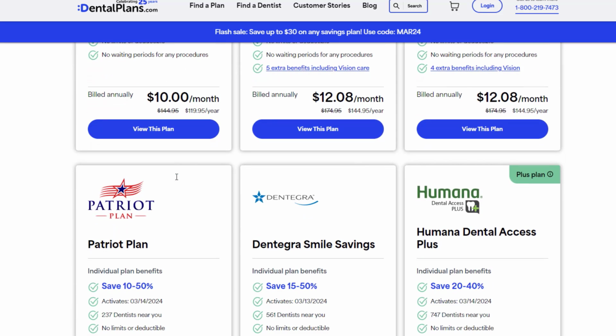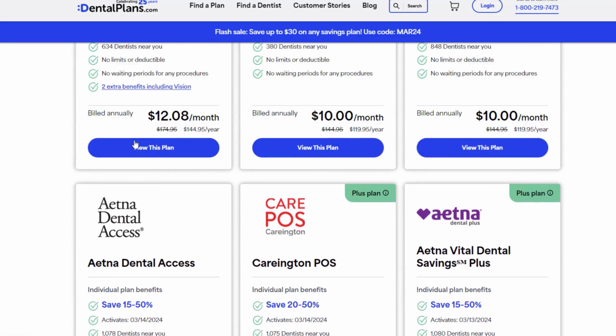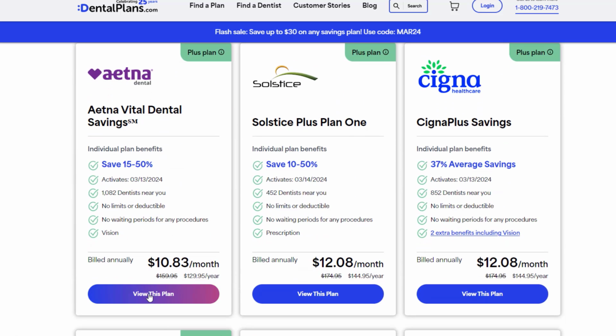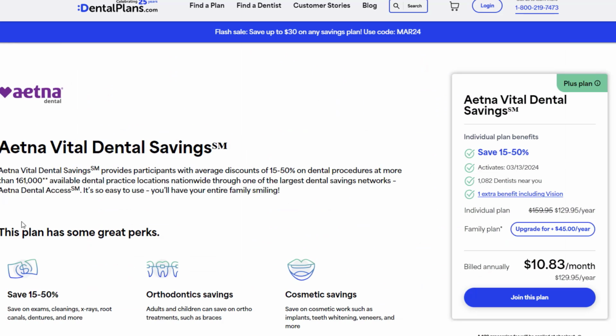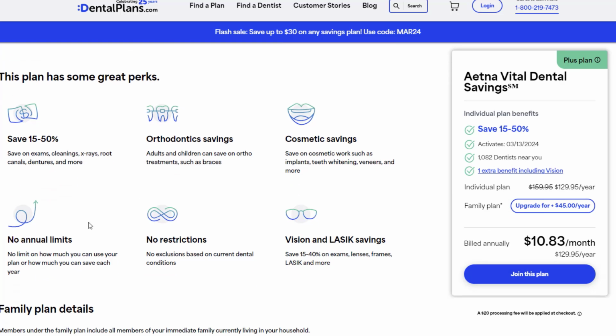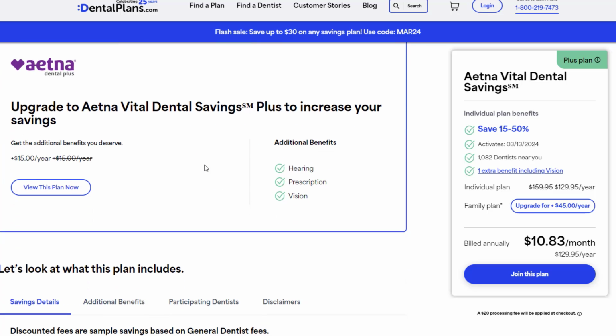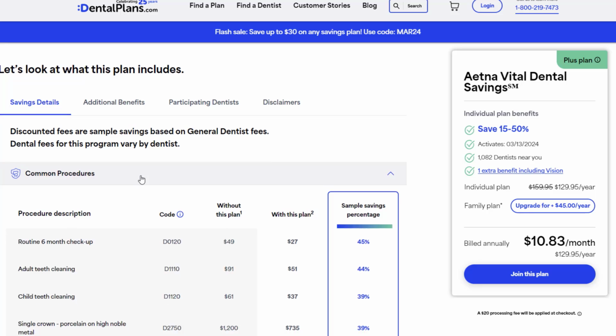But I would stick with a name brand. I would likely not choose Patriot or Dentagra, just stuff you haven't heard of before. Humana's good, Cigna's good, Aetna's good. So if you look into the benefits, you just click on View This Plan, and it shows you exactly what parts are covered,